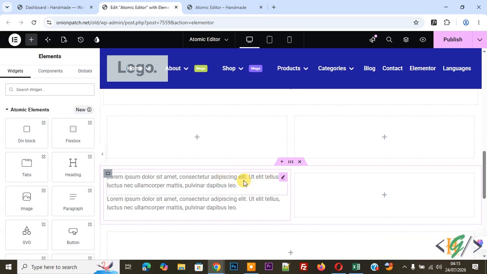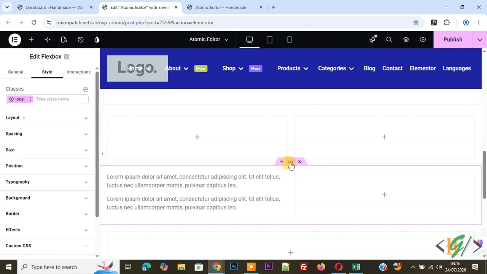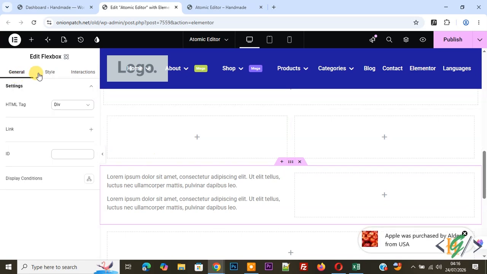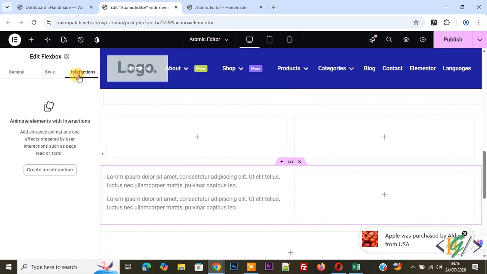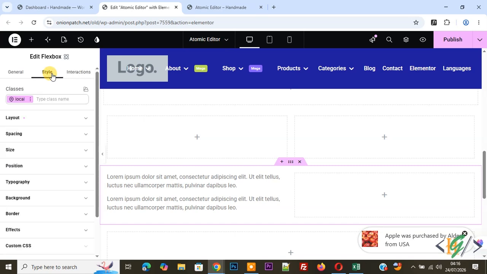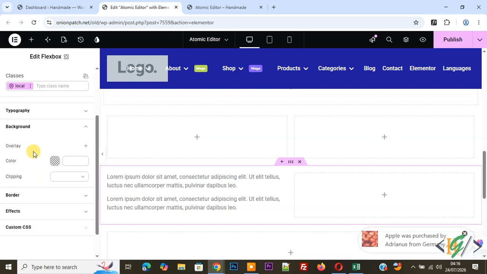So we are using flexbox for atomic element. Now you see edit flexbox, so click on it, and then on the left side you see multiple options: general, style, and then interaction. So click on style. This is the Elementor new layout, and then you see background. Click on it, and in background you see overlay, color, clipping. So click on overlay. Now you see plus icon. So click on it,